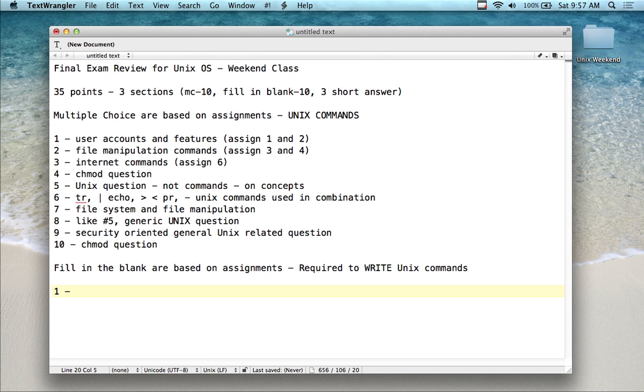So it's not like you're writing a bunch of commands, you're writing one command per question. And the questions are something where if you get 80% or above correct, then you'll have,